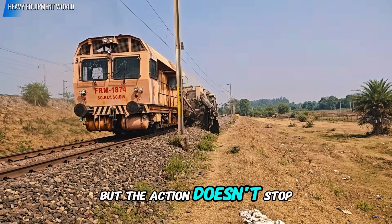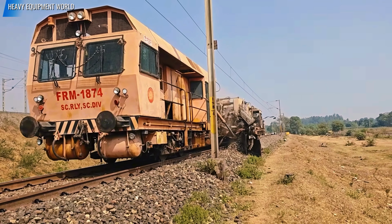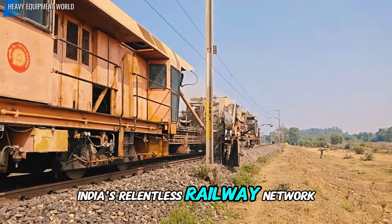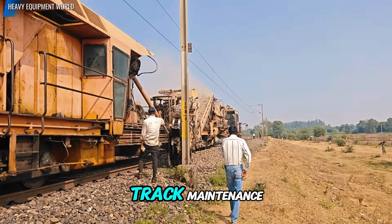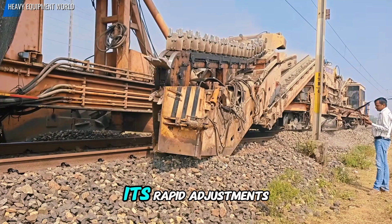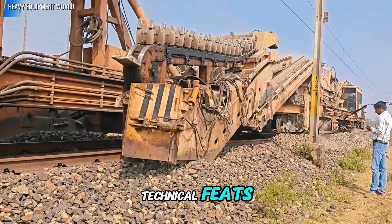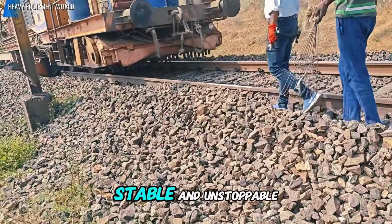But the action doesn't stop there. Now it's precision over brute force. The FRM machine, deployed on India's relentless railway network, roars to life. Engineered for track maintenance, inspection, and repair, it operates with surgical accuracy. Its rapid adjustments and part replacements aren't just technical feats, they're life-saving moves that keep the rails safe, stable, and